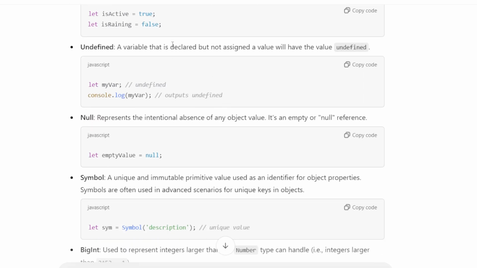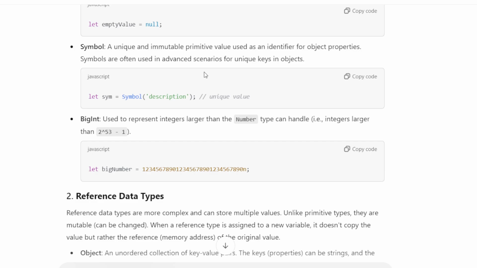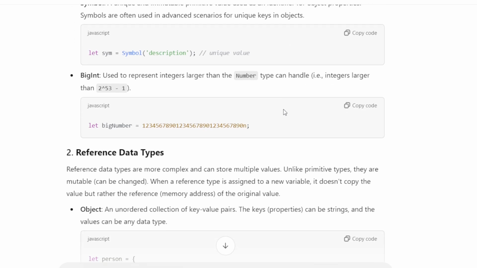Example: undefined. A variable that is declared but not assigned a value will have the value undefined. Example: null represents the intentional absence of any object value. It's an empty or null reference. Example: symbol, a unique and immutable primitive value used as an identifier for object properties. Symbols are often used in advanced scenarios for unique keys in objects. Example: BigInt, used to represent integers larger than the number type can handle. Example: